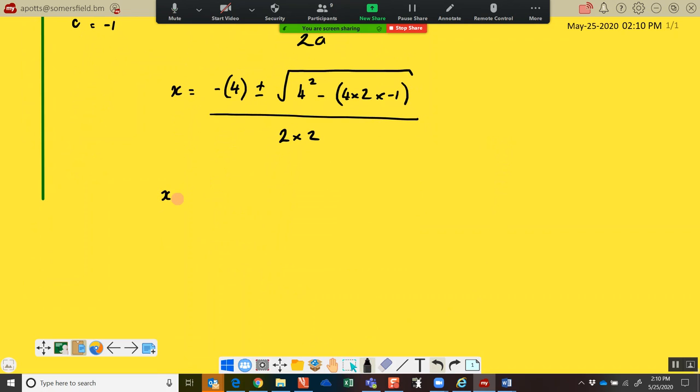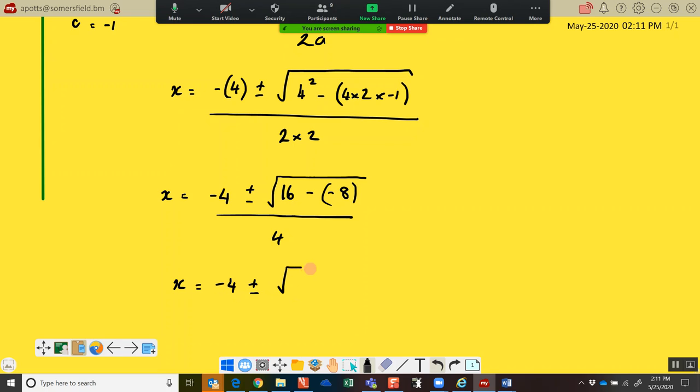So we end up with -4 plus and minus the square root of, well, that's 16, subtract 4 times 2 is 8, times -1 is -8, so I've got that. So that's -4 plus or minus the square root of, well, that's 16 plus 8, which makes 24, over 4. So our two solutions will be -4 plus root 24 over 4